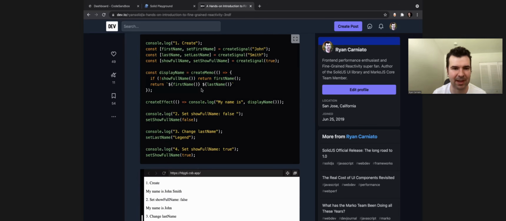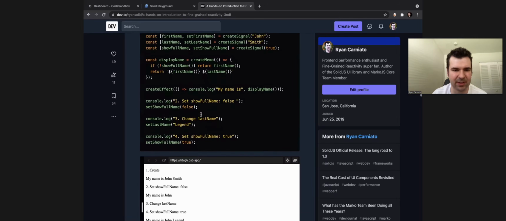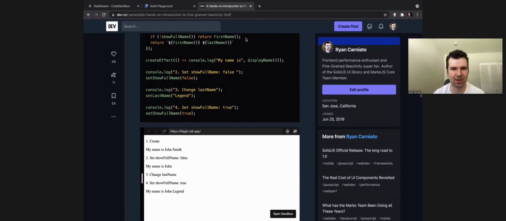This is hopefully the most advanced example I'm going to give here on the reactivity part. We've got a few signals: our name, last name, and then show full name. What I like about this example, the final distinctive piece to understand just how little work Solid can do, is if we made a display name here, and we said, only return the first name when you're not showing the full name, otherwise return the full name. I did this one with effects rather than JSX because this is just a general reactivity lesson. You can see that if you go here and console log, my name is display name,